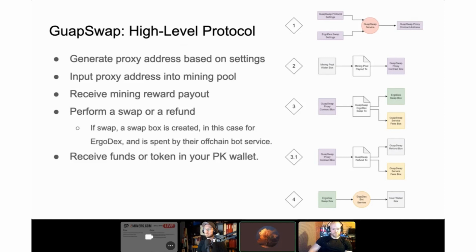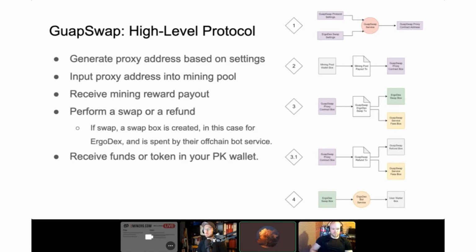So the first step, you'd want to fill out the config file where you'd input all the necessary settings for using GuapSwap, as well as the ErgoDex settings, which would include things like the token you want to swap your mining rewards for. Once this config file is properly filled out, you would use the command line interface to generate a proxy address. So this proxy address is what you would use instead of your public key with whatever mining